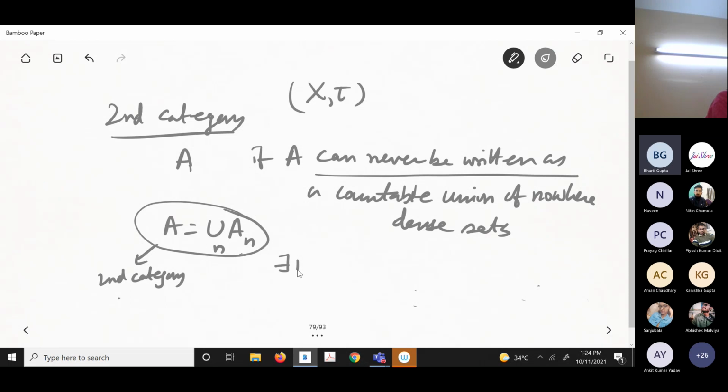That means there exists n naught such that the interior of the closure of A n naught is not equal to the empty set. That means somewhere dense. That means there exists some n naught such that A n naught has to be somewhere dense. Okay, that's the thing. Second category. Usually we use it this way. Okay. So now